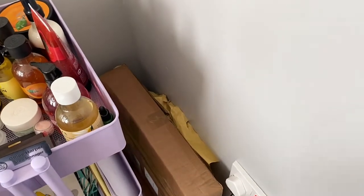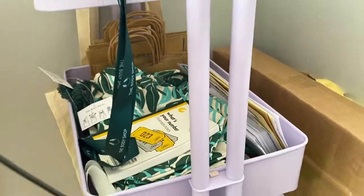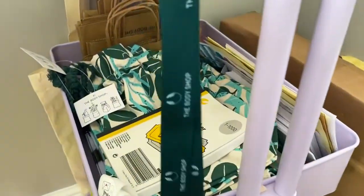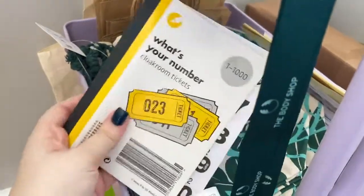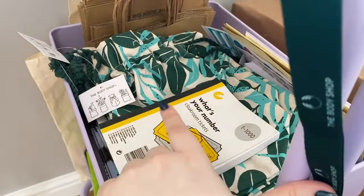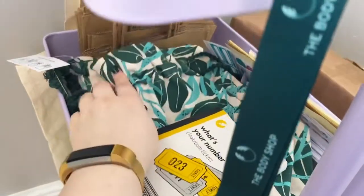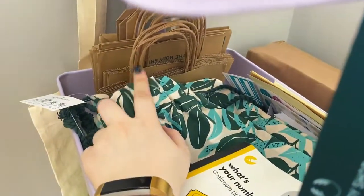And then I've got a few of those brown envelopes. On the next layer, I also have this hanging on the side, which is a Body Shop lanyard. So on this layer, we've got some raffle tickets. We've got those little bags that I showed in one of my previous hauls, which are good for Christmas. Some of the actual Body Shop bags, so these come with orders, so I put my customers' orders